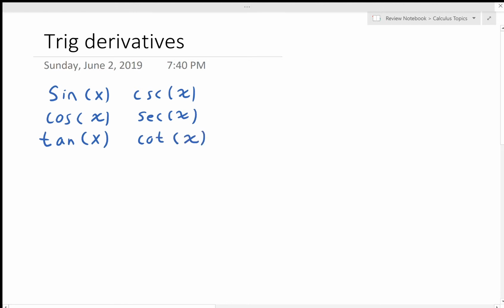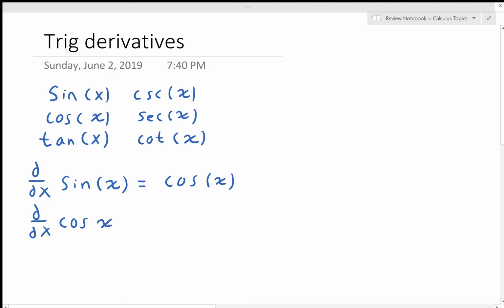So we're going to start off easy, deriving the derivative of sine of x. And that one's easy to know. The derivative of sine of x is just cosine of x. And this will go in a loop. So if we derive cosine of x,